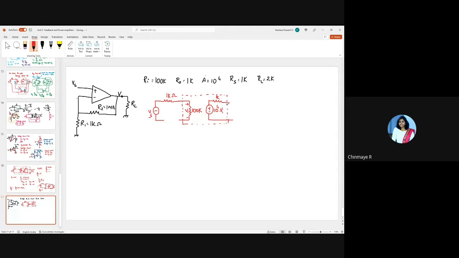Okay. So now this in turn is connected to a load, right? This is connected to a load of 2K. Since the op amp has a single-ended output, this is grounded. This is where you take the output voltage V0. Correct. So now there's a feedback. We have already done this kind of an amplifier and we know what kind of a feedback this is. Correct? Can one of you tell me what kind of a feedback this is? Put it in the chat box.